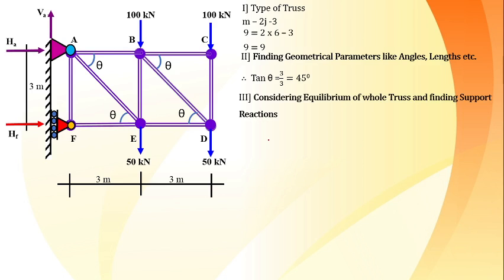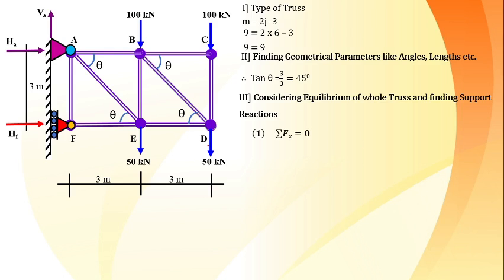After that, consider the equilibrium of the whole truss and find out the support reactions. Here you can see this truss is supported by a hinge at A and a roller at point F. So one reaction at F and two reactions at A, this being a hinge support, there will be two reactions. Is that okay? So we have understood this part also. Let us find out the magnitude of the support reactions by considering the equilibrium of the whole truss. So apply the conditions one by one.